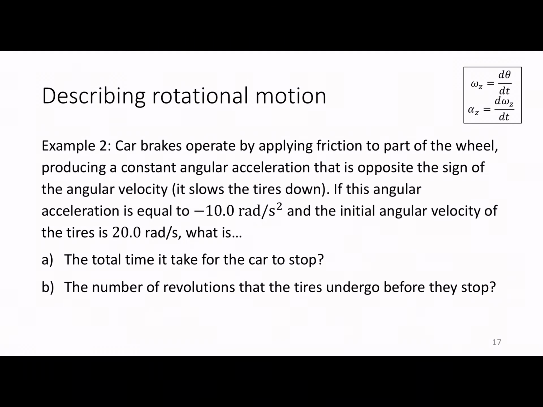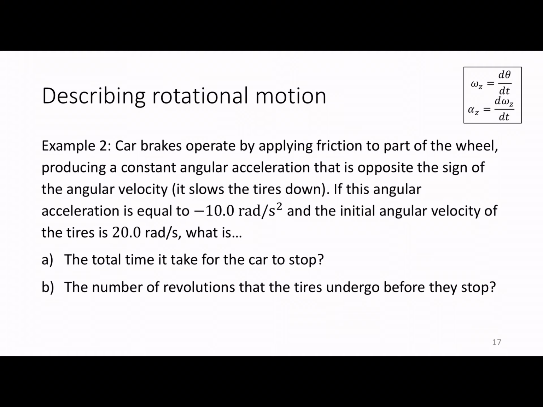So now, imagine that I have cars which are braking. The way car brakes actually work is your tires are spinning, and it's going to apply friction to a part of the wheel, your brake pad I think it's called, but perhaps someone can correct me. So let's just imagine that that produces a constant angular acceleration that's opposite to the sign of the angular velocity. Exactly like linear motion, if I produce an angular acceleration opposite the velocity, that means I'm slowing down. So let's imagine this angular acceleration is negative 10 radians per second squared,